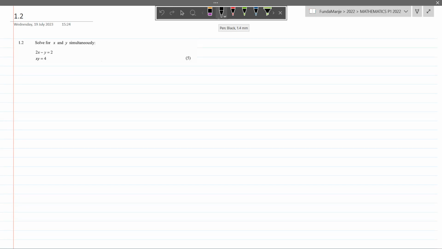Okay, 1.2, as per the standard format, would be your simultaneous equations. So here we have two equations: 2x minus y is equal to 2, and another one, xy is equal to 4. Basically, we're trying to solve for both variables x and y, and we're given these two relationships, or these two equations. So what we usually do is we take the easiest one and we